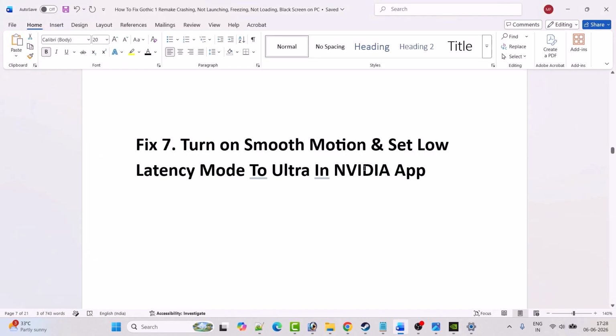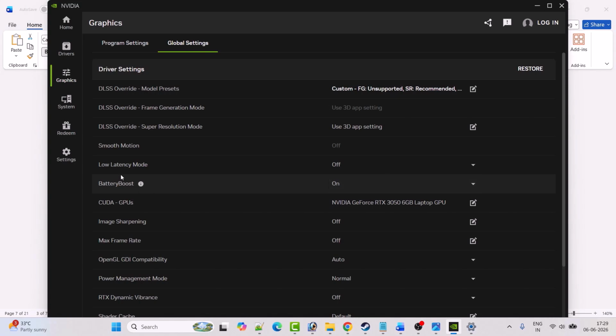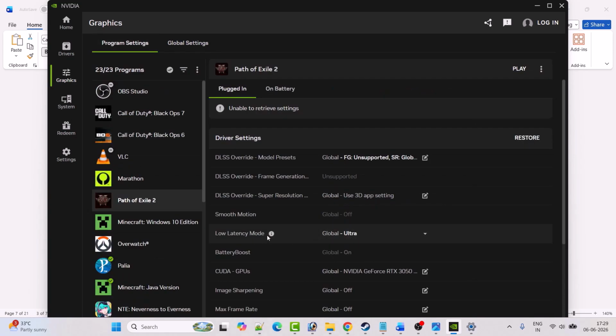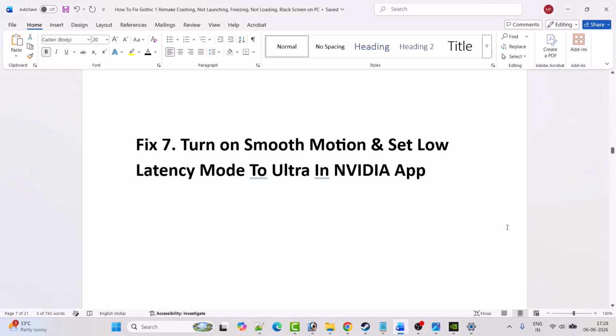launch the game and check. If that doesn't work, then you can also set the low latency mode to ultra in NVIDIA app. So open NVIDIA app, and here you will see the low latency mode. Just turn it to ultra. Go to program settings, here you can see low latency mode ultra. If it is off, then you have to set it to ultra, and then you can go ahead,